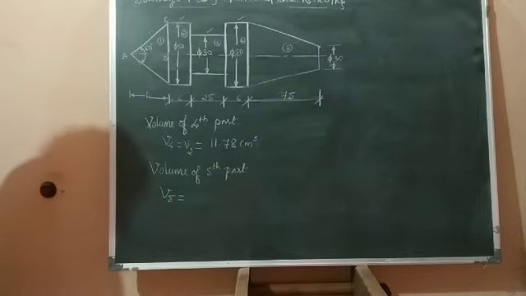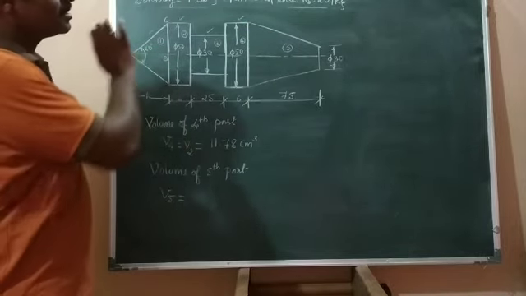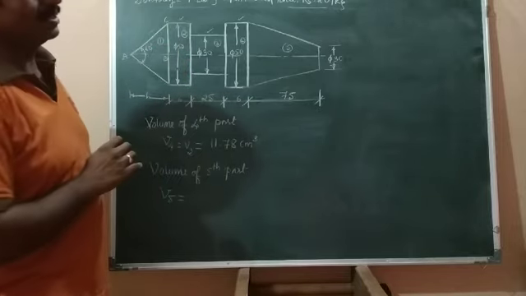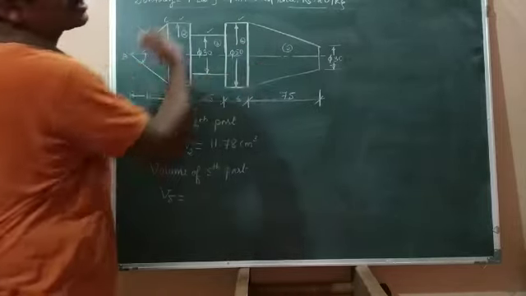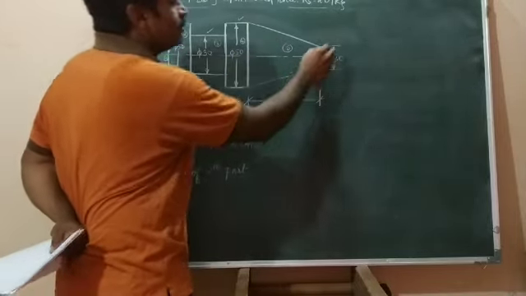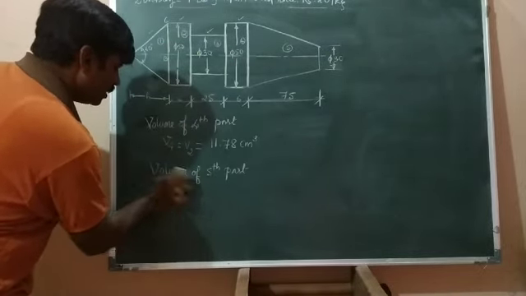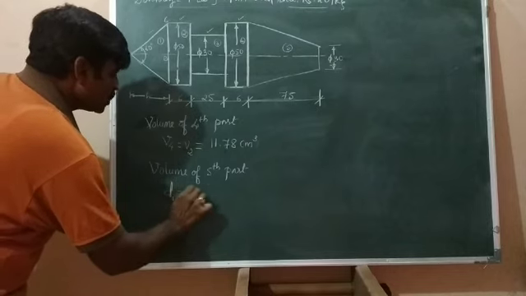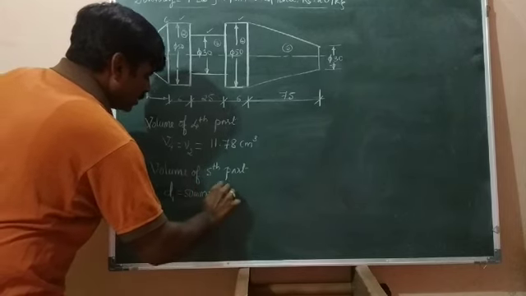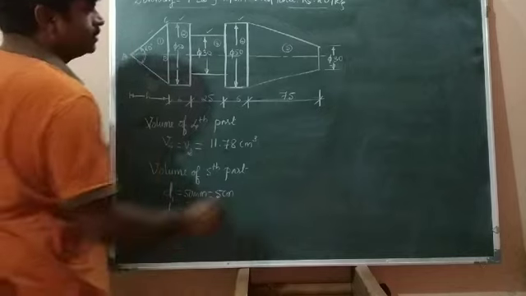Very important thing is how to find the volume of a frustum of a cone. That is very, very important. If one doesn't know the equation, one is unable to calculate the volume of that particular part. So how to find the volume of a frustum of a cone? A frustum of a cone has two diameters, one big diameter and one small diameter. Let me take the details first. The big diameter, let us say D1, is equal to 50 mm, or 5 centimeter, and the small diameter D2, let us say 30 mm.